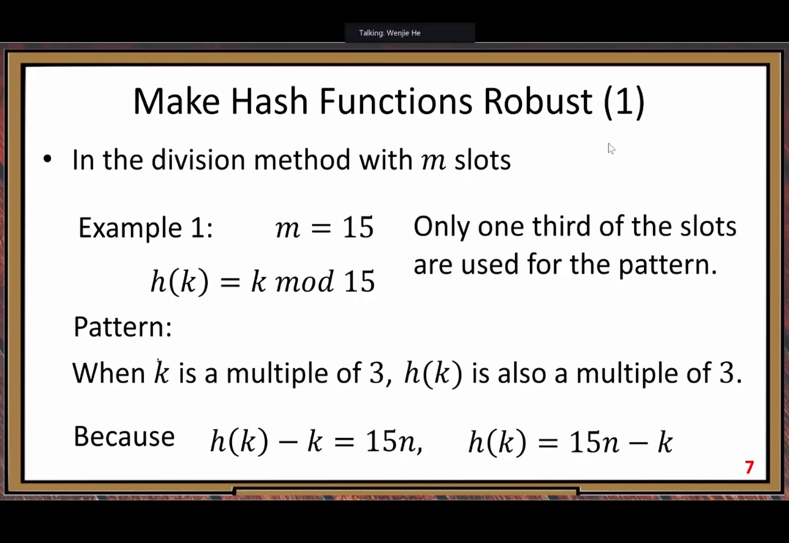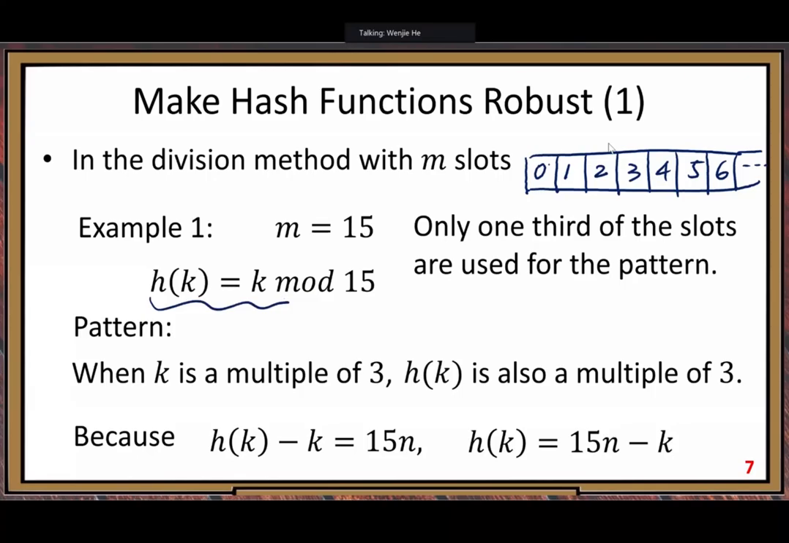So if k is a multiple of 3, then think about these 15 slots: the usable slots are only 1/3, right? Let me draw some of the slot numbers here. Slot number 0, 1, 2, 3, 4, 5, 6. Because after the mapping by this hash function, the slot number is a multiple of 3, then this